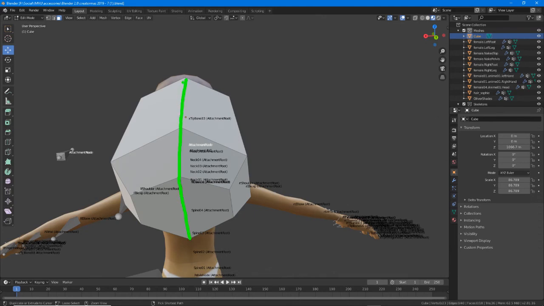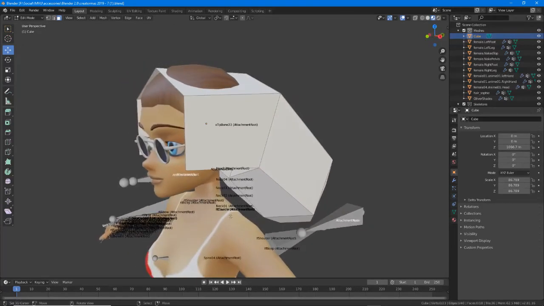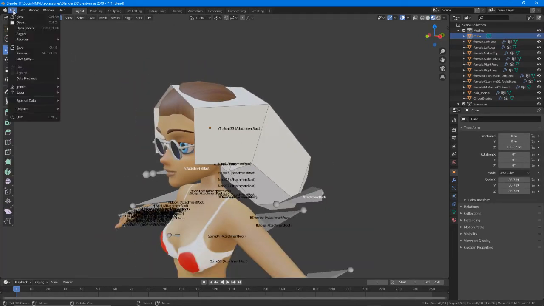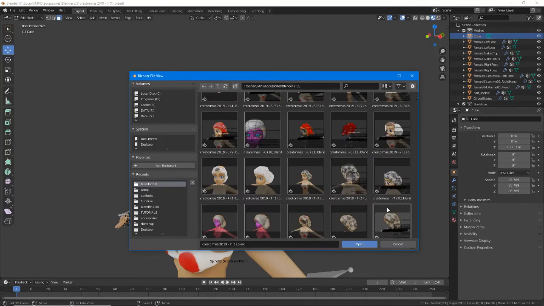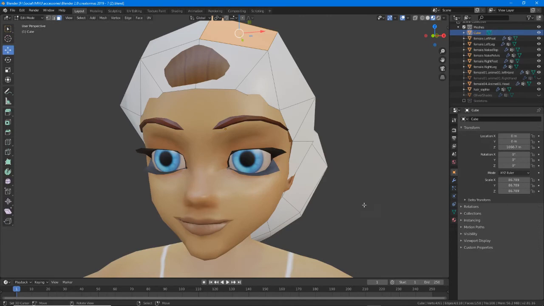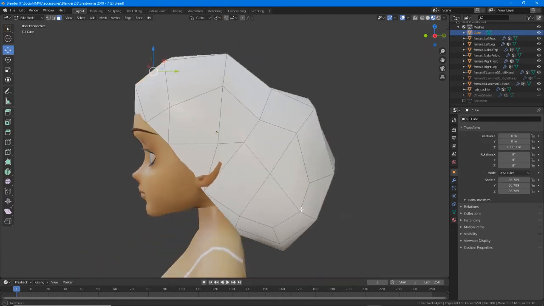So these are loop cuts, so that we can start off by essentially blocking out the shape that we want it to follow, and then adding more detail as we go. Don't start by adding a really dense UV sphere into the scene and then trying to work with that, because it'll just become frustrating. So here we've added a bit more structure,